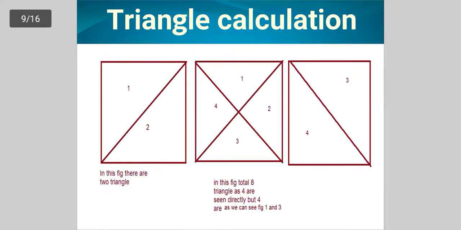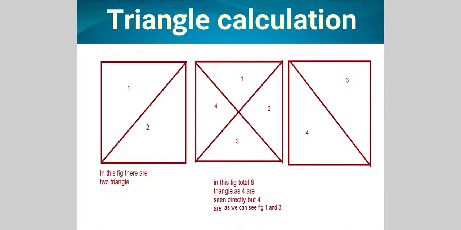Here we can find there are 2 triangles in the rectangle. If we divide a rectangle with a line from corner to corner, it will have only 2 triangles, 1 triangle and 2 triangle. But in this figure, 1 triangle, 2 triangle, 3 triangle and 4 triangle, 5 triangle, 6 triangle, 7 and 8 triangle. So in a square there will be 8 triangles if it is